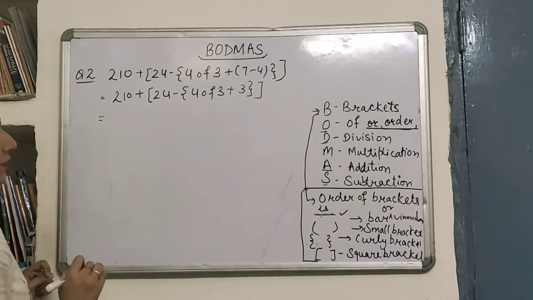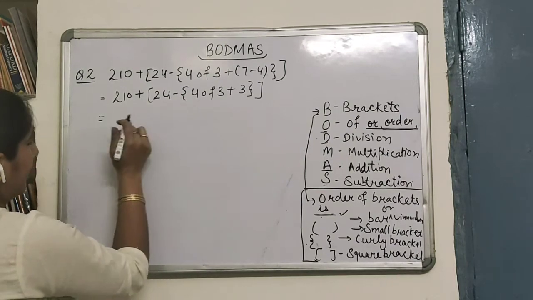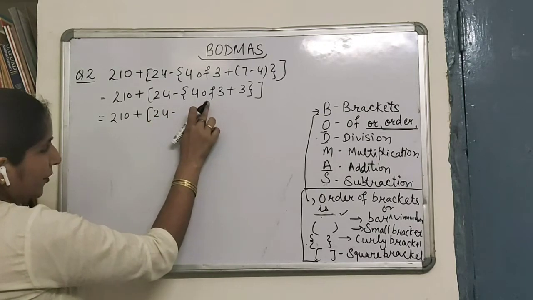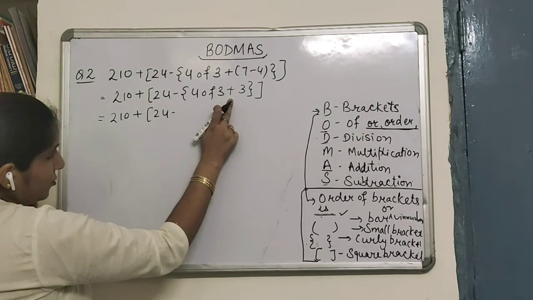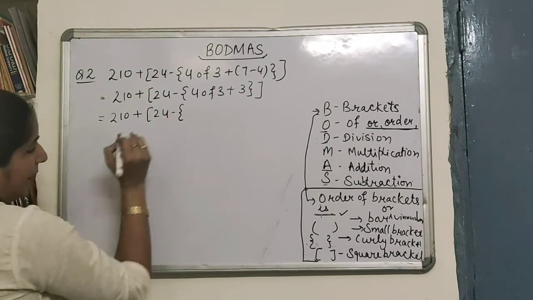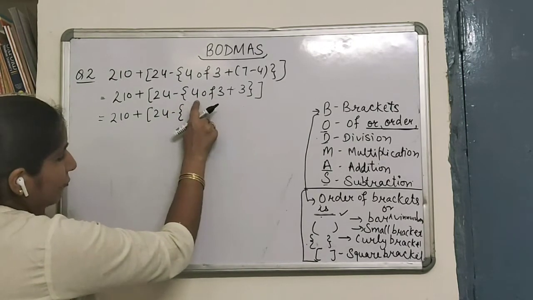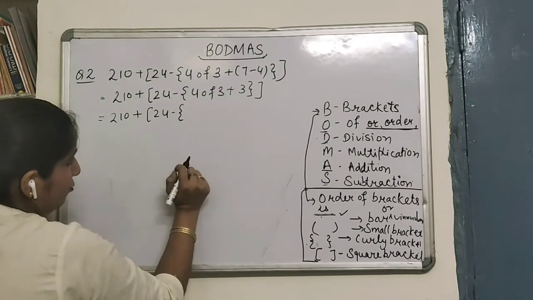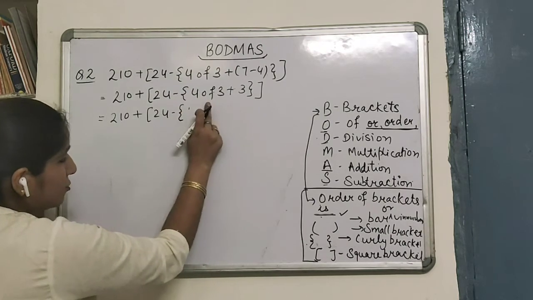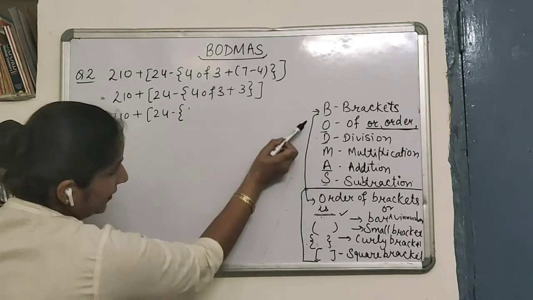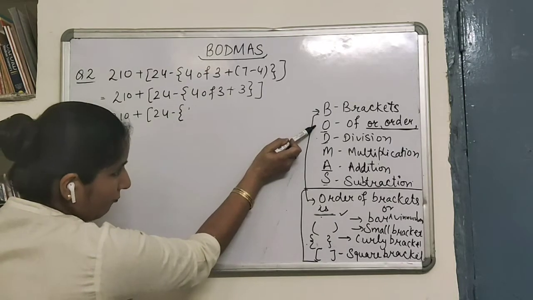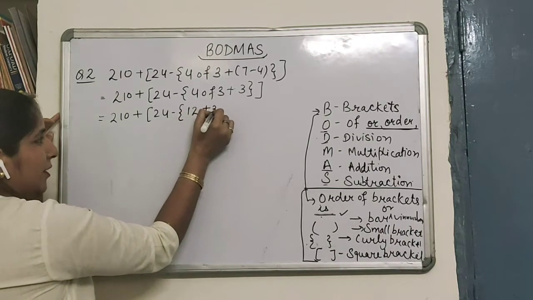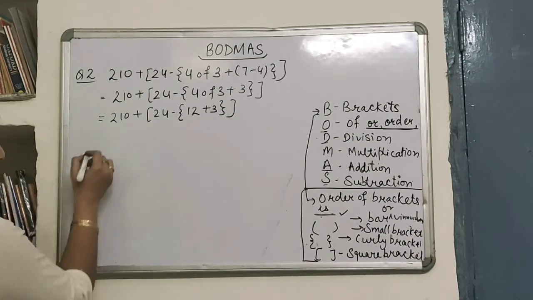Now after solving the small bracket, the next turn is for the curly bracket. You can see in the curly bracket there are of operation and addition also. I am keeping the curly bracket here only because to solve this we have to solve whatever is given inside. But here also we need to follow the same BODMAS rule. Now 4 of 3, should I solve the of first or addition? You can check the order from here. We need to solve the of first and addition later. So 4 of 3 becomes 12, and plus 3. Rest all will be the same.